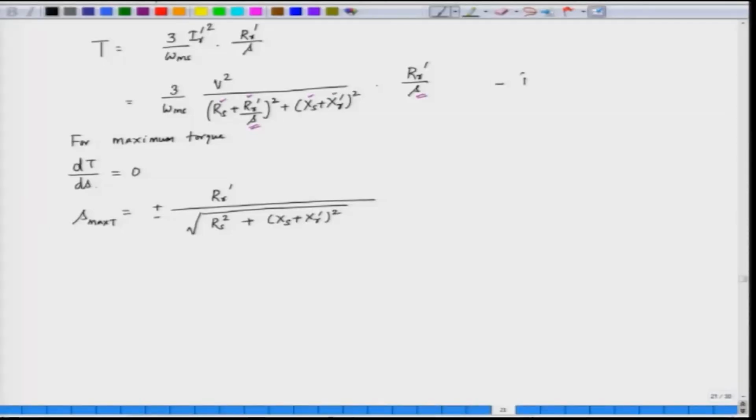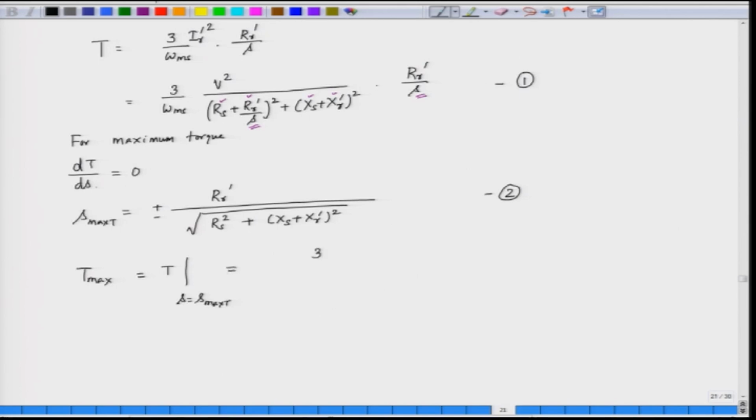Now, if we substitute this value in the previous equation, let us say this is equation number 1, this is equation 2. Now, if we substitute the value of slip in equation 1, what we get here is the maximum value of torque, T max. So, T max is torque at S equal to S max T. So, if you substitute S equal to S max T, what we get is T max, and that is equal to